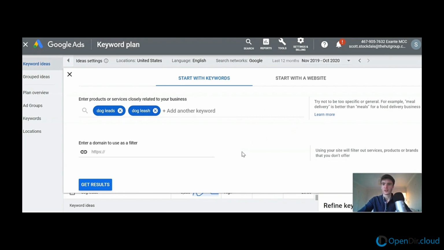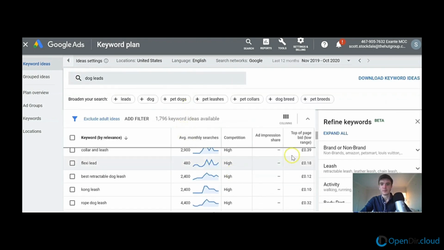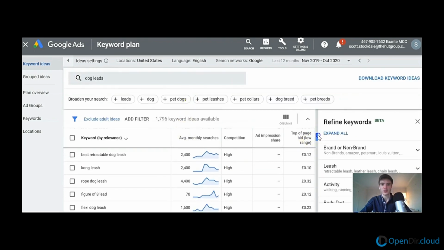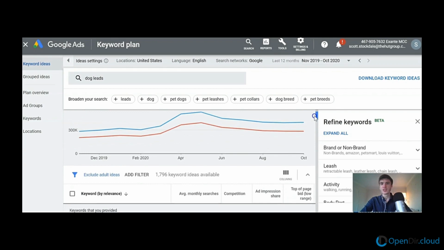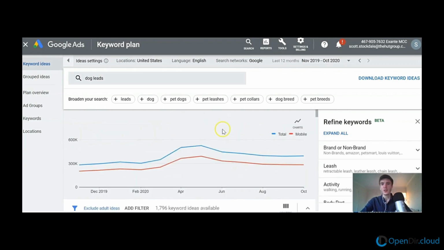If I go back down to the search results, if it'll let me scroll. So yeah, dog leads, what else have we got? Rope dog leash, again, slightly different. Flexi dog leash. So you can see this is giving us a few more options than what we had for dog food. So lots of keywords we could potentially use. So really useful tool. Those were the main things I wanted to pick out about Google Keyword